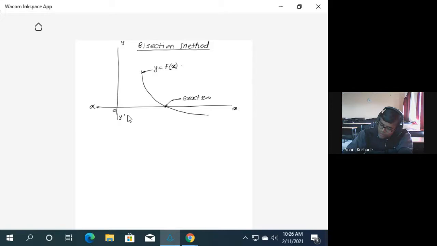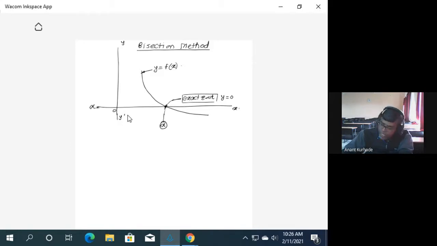Okay, so we can say this value of x is the root of the equation. Exact root of the equation means once we put the value of x in this equation, we get y equal to 0. So here we get y is equal to 0. So we can say this dot is the exact root, and we can name it x. So this is the value of the exact root. But remember, by using these methods we cannot get the exact root, but we have to get very close to this exact answer.